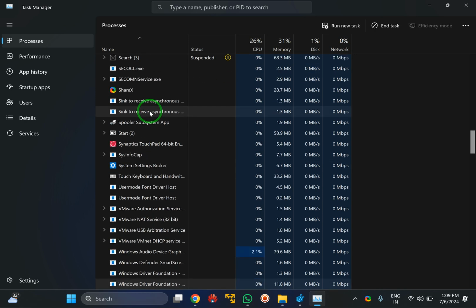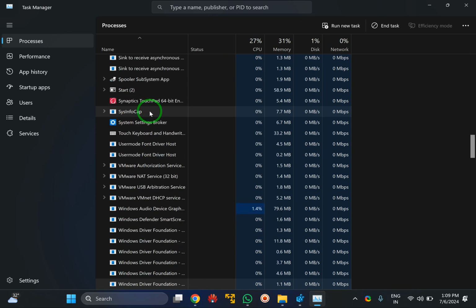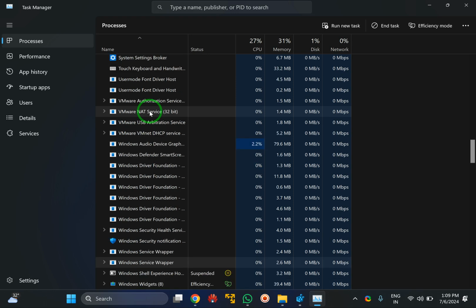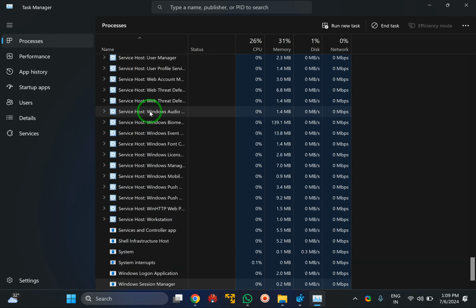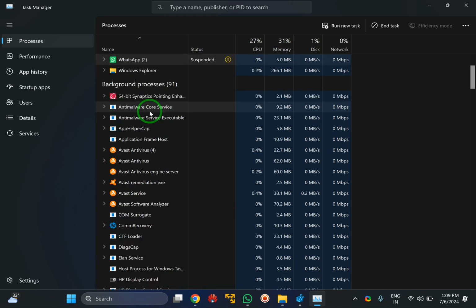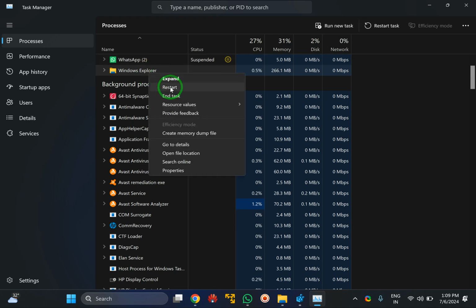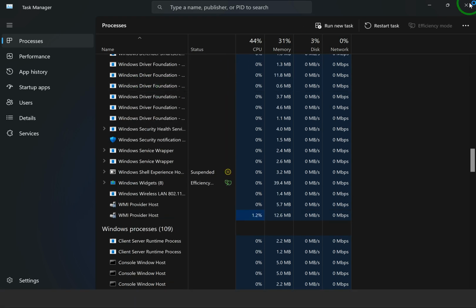Just select any process and press W until you find the Windows Explorer service. Select Windows Explorer, then right click on it and select the restart option.